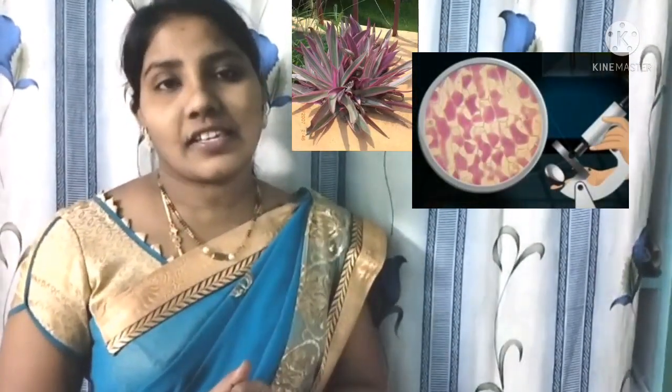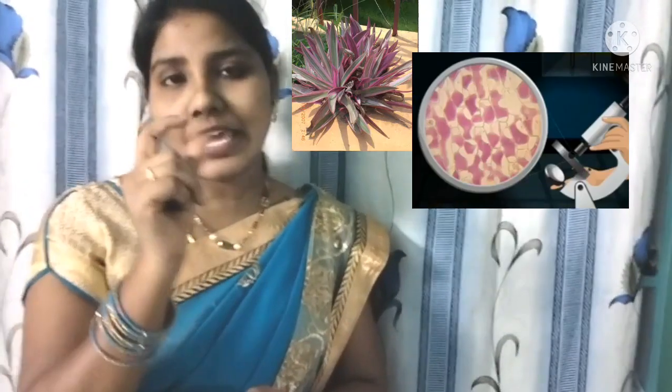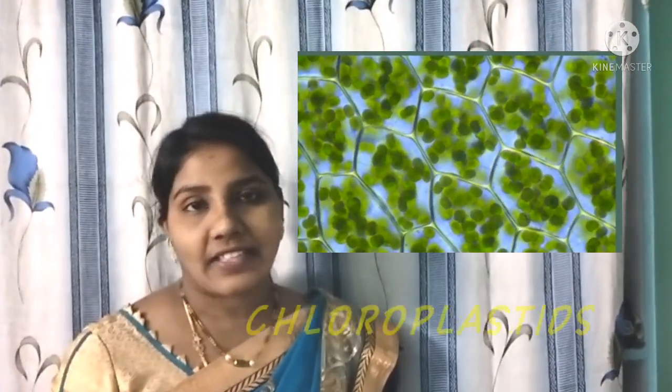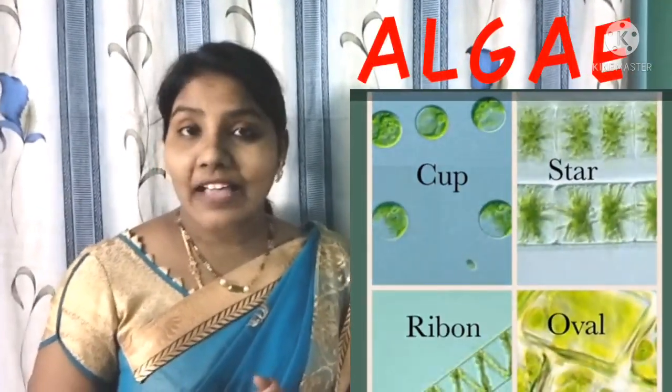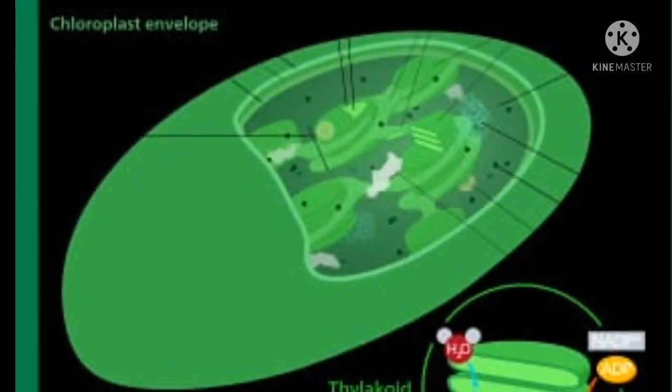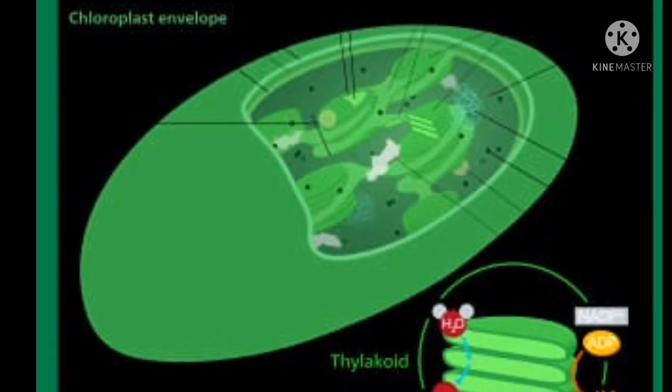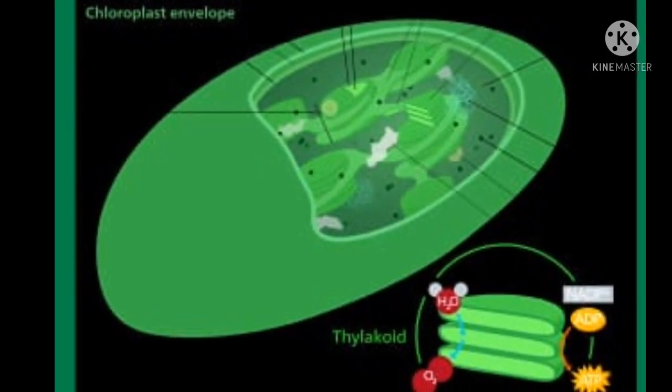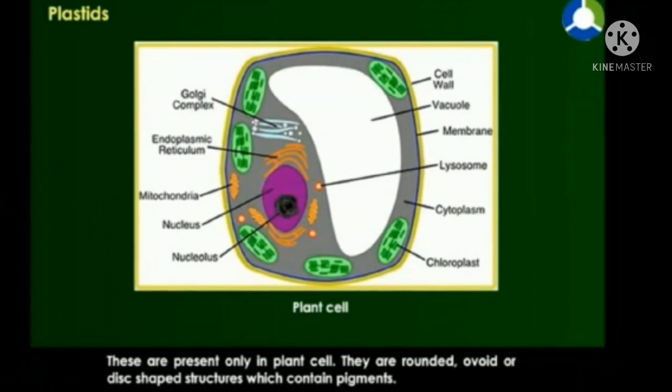We can observe the chloroplast plastids in the rheo leaf by doing this activity. Finally, we can observe the granule type of plastids present in the leaf. These are called chloroplasts. Algae also have plastids, and these plastids have different shapes in algae. So children, I am repeating the plastids concept by using this video. Please recollect your knowledge.